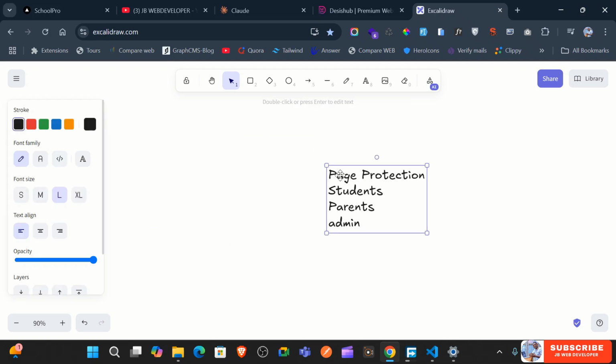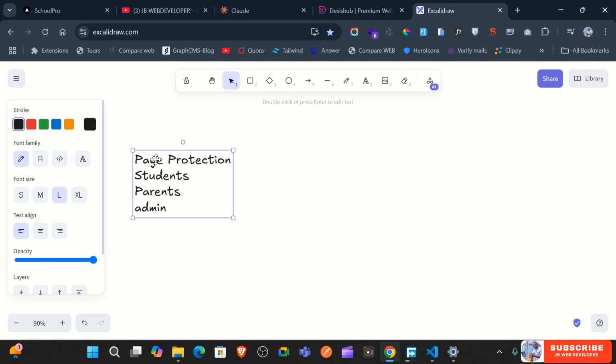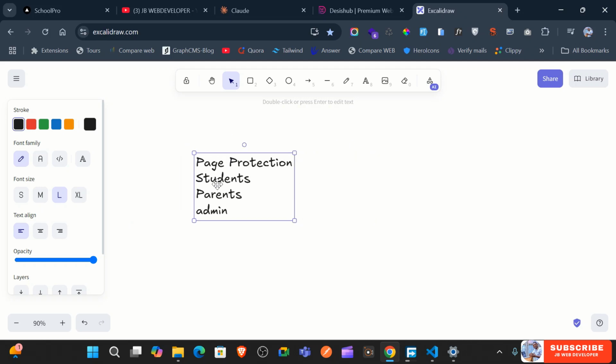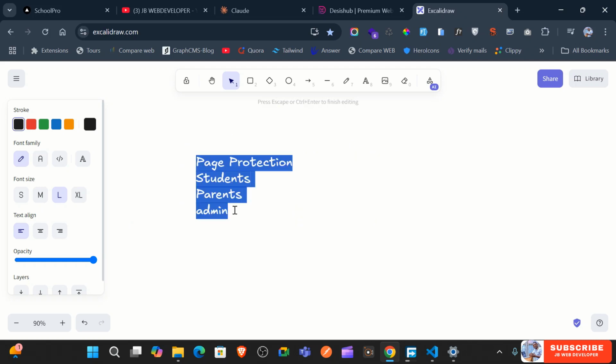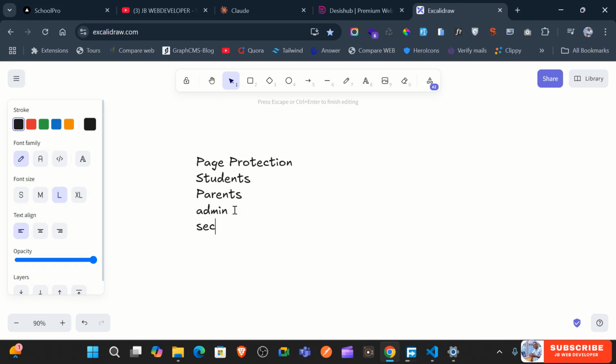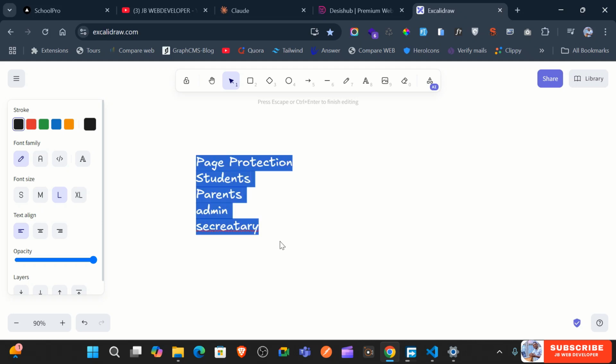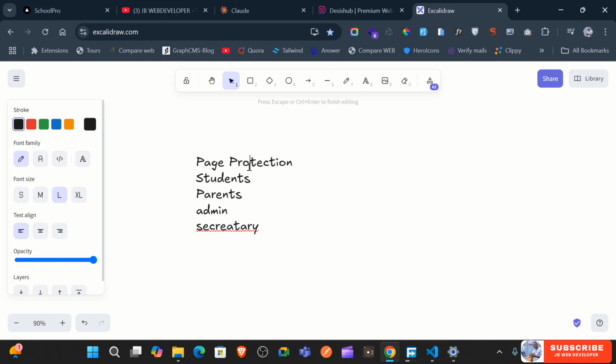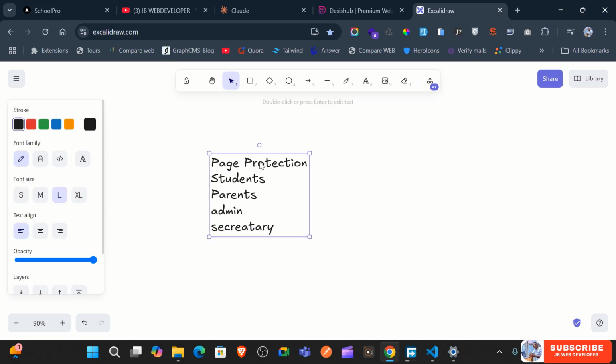I guess they are going to increase to more roles as we move on, but so far we have these roles. We'll also add the secretary. I believe there must be a secretary somewhere. So we'll have these four roles so far, and the things we want to make sure that we implement,